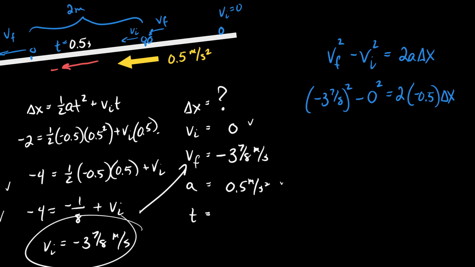So do you want me to work out the numbers, or move on to the next one? Can I work it out? Well, sure. You tell me what 3 7/8 squared is, and then I'll do the rest. I don't have a calculator up here. I can convert it to an improper fraction and square it, but